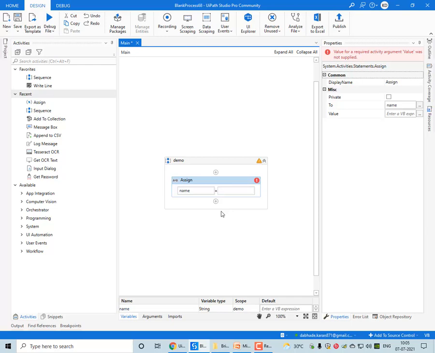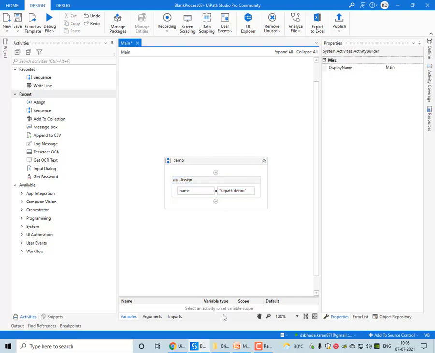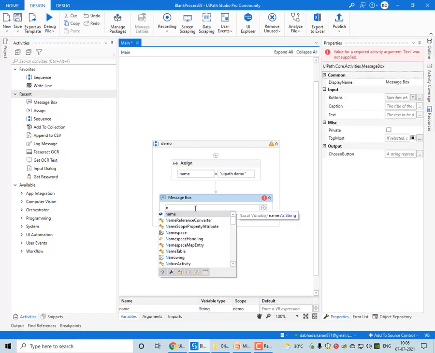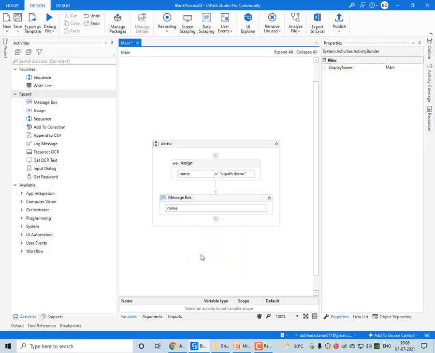Now suppose this is a variable, and you have to store some value in it. So you have to put the value. So this value will be stored in this variable. Now if I want to display the value, I will call the variable name.